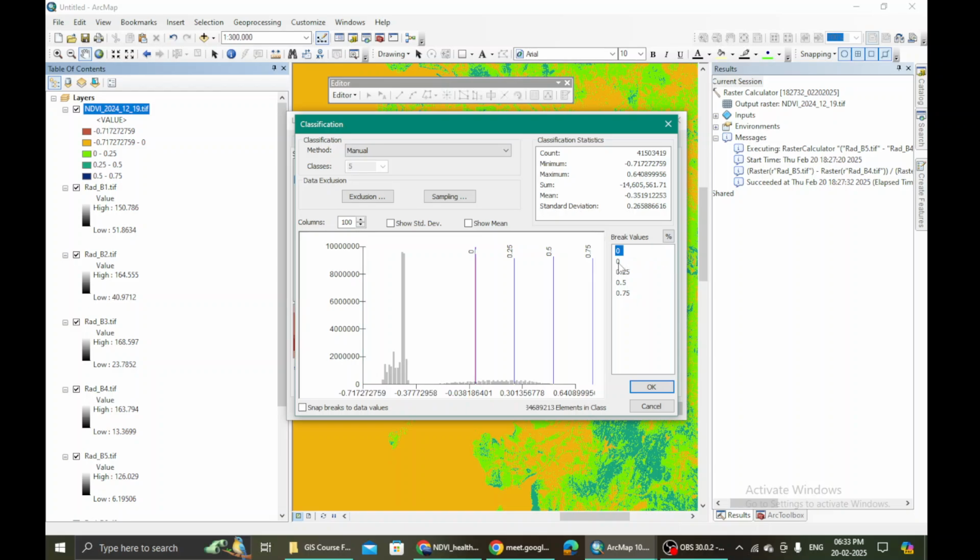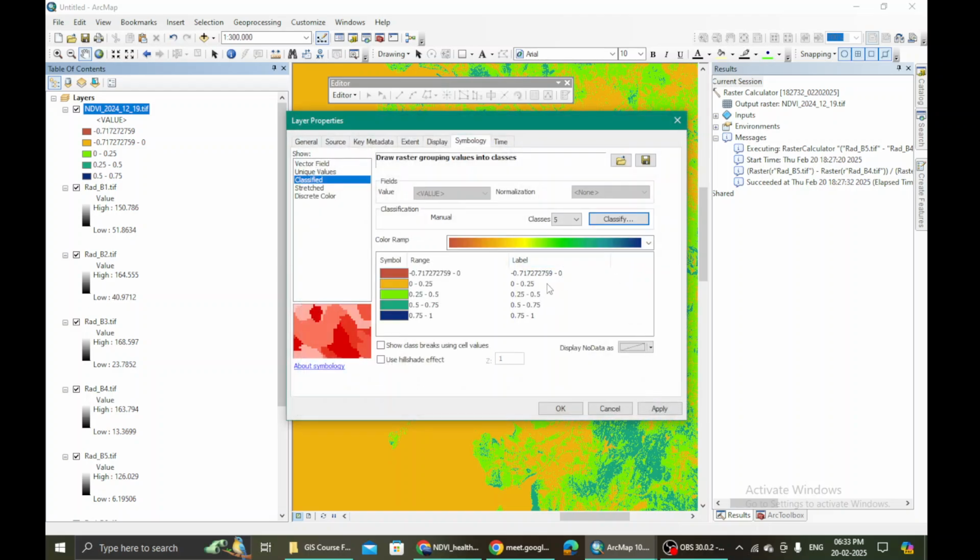So anything that is below 0 is all non-vegetation. And then here 0.25, and then 0.5, then 0.75, and since I told you that the value is never going to exceed plus 1, let me give it 1. Okay, so this is the value that I'm giving.